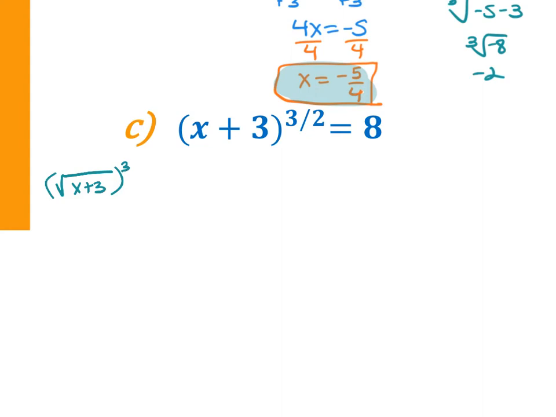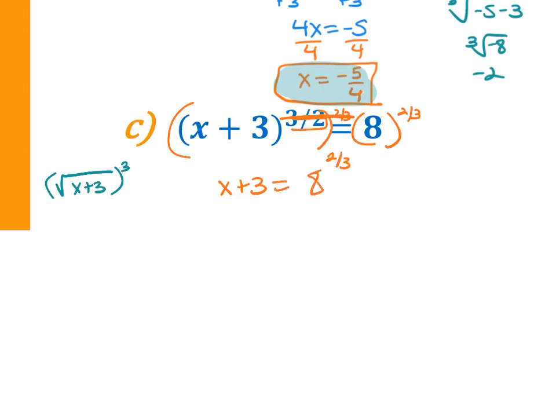But I don't need to do that because all I want to do is get rid of that. So I'm actually going to raise both sides to the reciprocal. The reciprocal of 3 over 2 would be 2 over 3. And so I'm going to raise both sides to 2 over 3, whatever the reciprocal of the exponent is. And it's going to eliminate the exponent from the left side, leaving me x plus 3 equals, but then I get 8